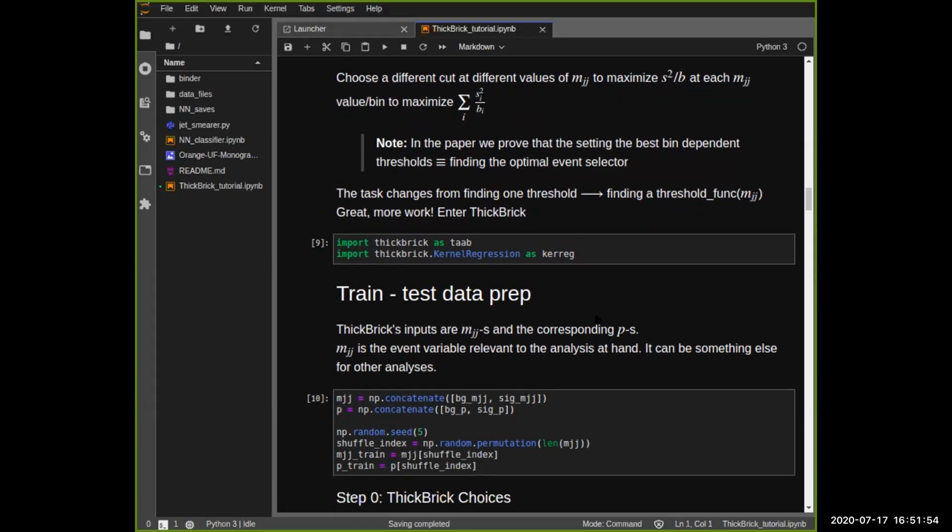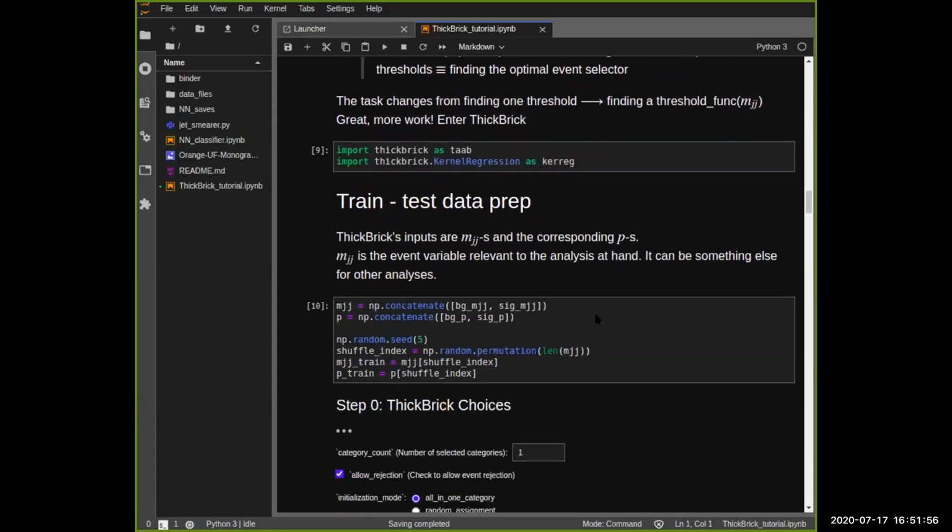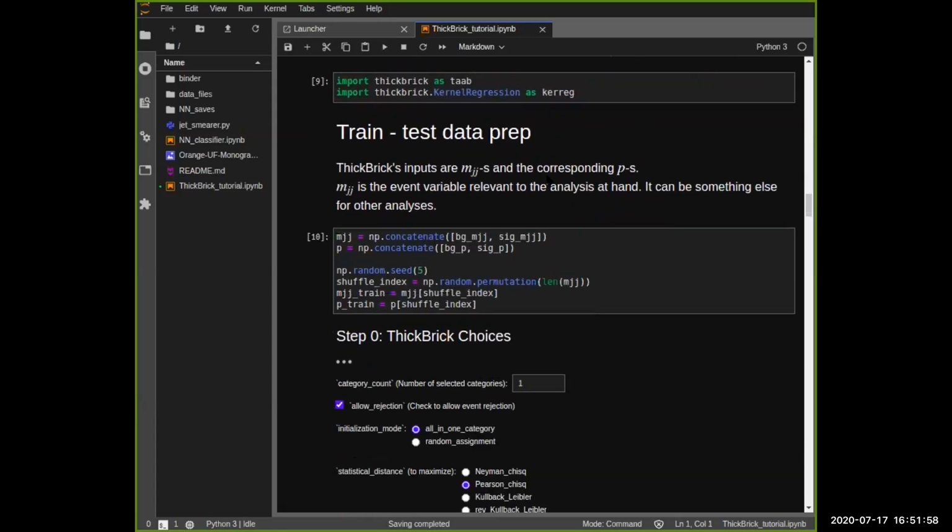So what does ThickBrick do? What are its inputs? The inputs are just the invariant mass and the corresponding P. It doesn't care about anything else because,